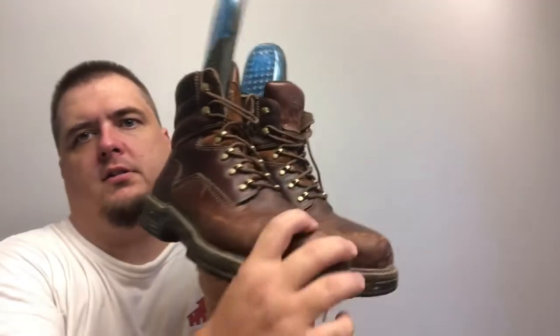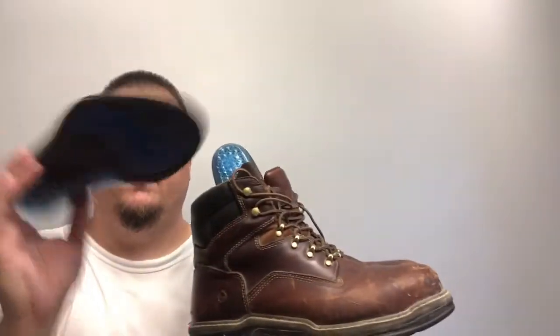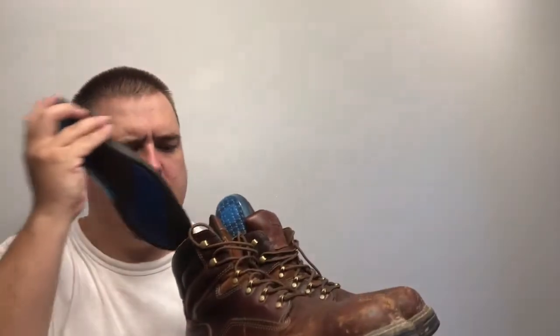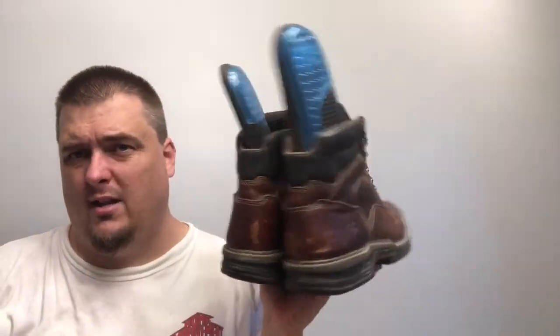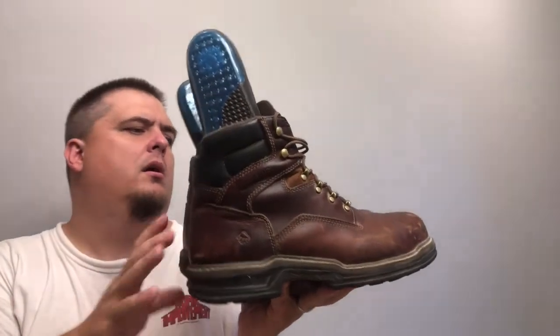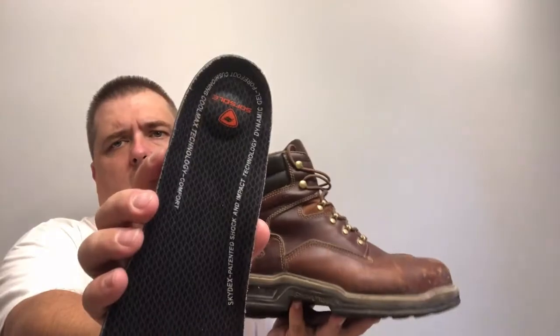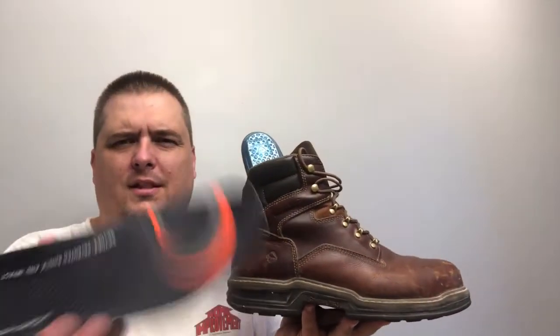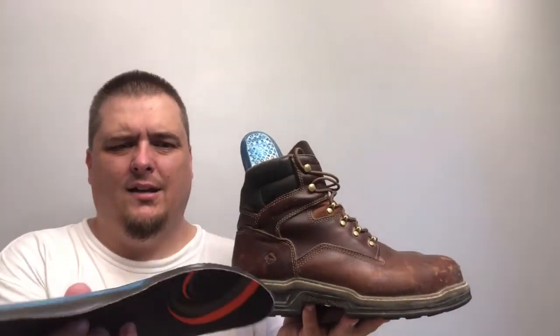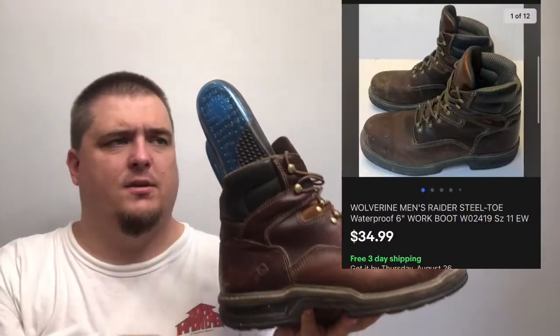These are Wolverine steel-toed boots. They came with these insoles, so I'm going to send these insoles with them. But they have the regular insoles with them. They have the original insoles in them as well. These are really expensive soft sole insoles. I don't think I included them in the listing because technically they're used and cut, but they fit these shoes. So if these shoes fit somebody's feet,